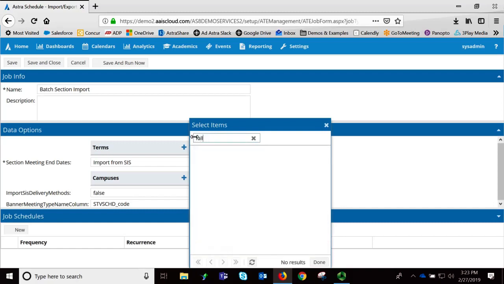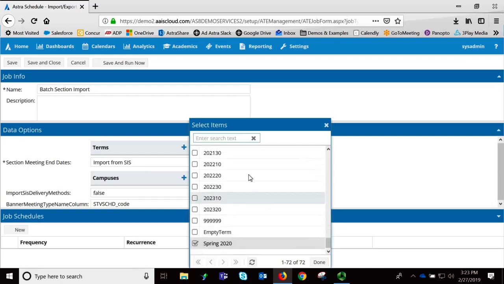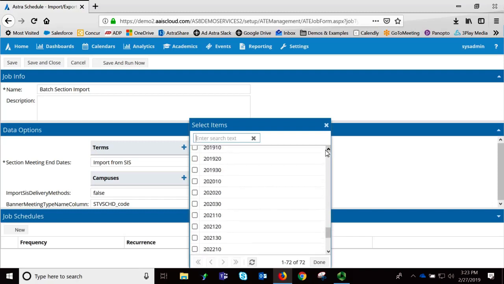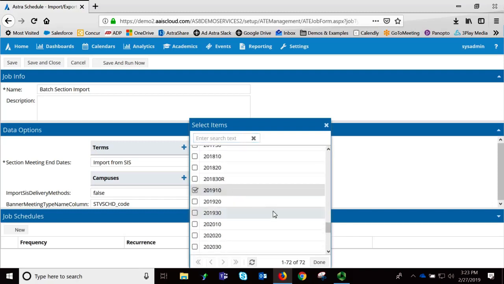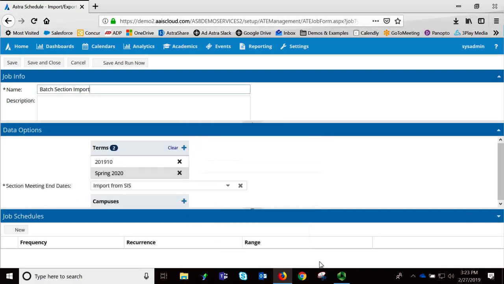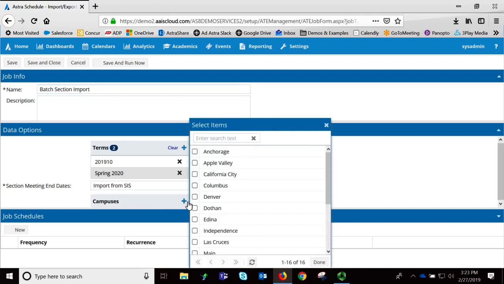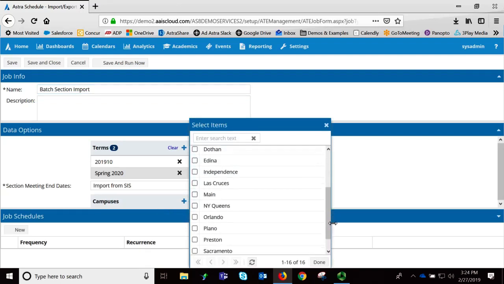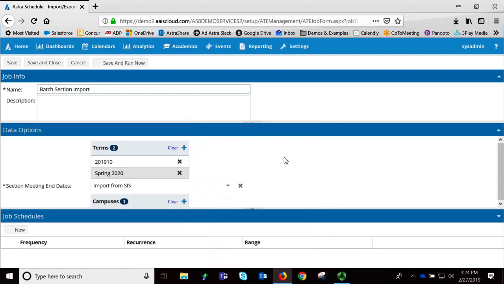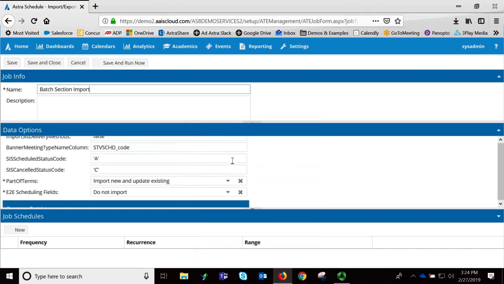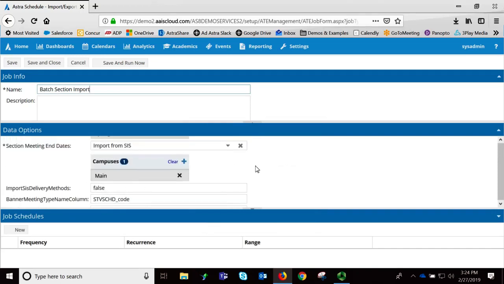I'm also going to choose, see where my terms are in here. I'm also going to choose a 2019-10 term as well. I can click Done to apply that to my list of terms that I will be importing. And I will click the plus sign next to campuses as I want to just import my main campus. I can select main campus here and click Done. And now I have selected my two terms and my main campus that I will be importing from the student